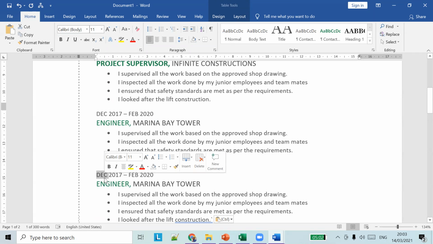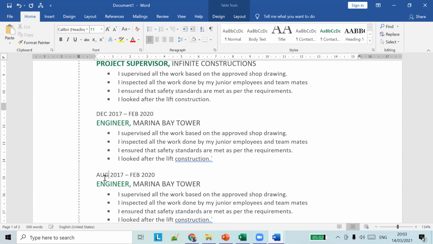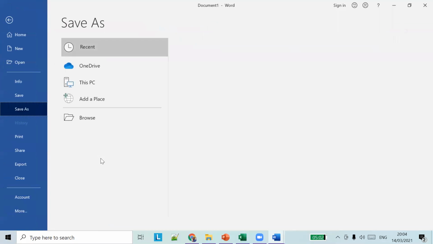Let's say you worked from August 2010 to November 2017.